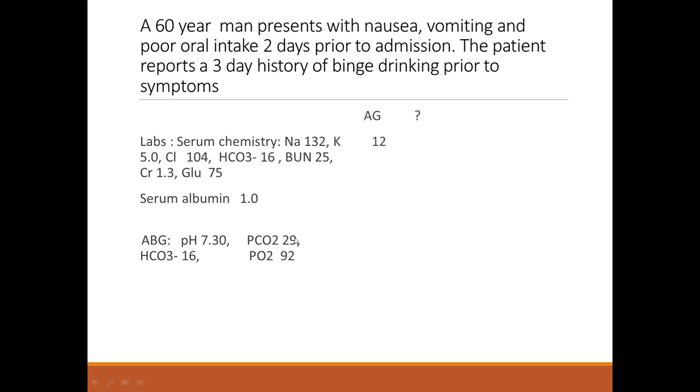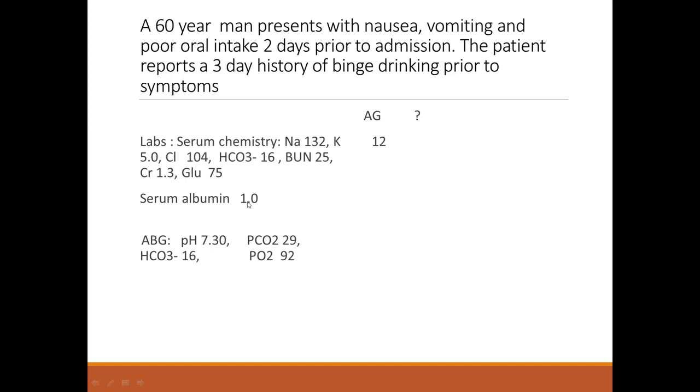So here the anion gap is normal, but the caveat is that the albumin is 1. So you use prior knowledge: we need to calculate the anion gap with the serum albumin. Otherwise, we may be misguided. So for the corrected